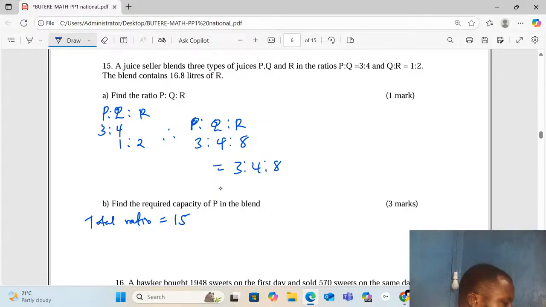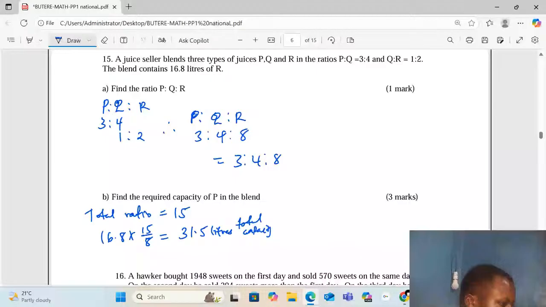So we find that of the total ratio. If 8 is equal to 16.8, what about 15? So the total capacity, we shall have 16.8 times 15,